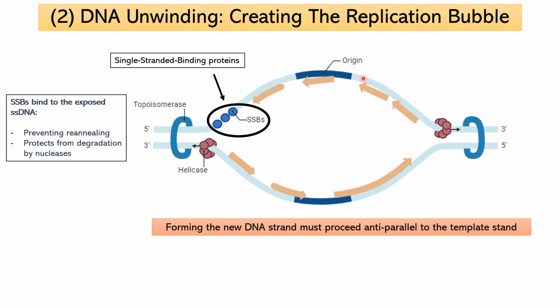If you look also within the replication bubble, we have these arrows now. In these arrows, I am referring to the synthesis direction of the newly formed DNA strand. As we can see, at the top we have the top template and the bottom template. For each template, you need to understand this: the forming of the new DNA strand must be anti-parallel